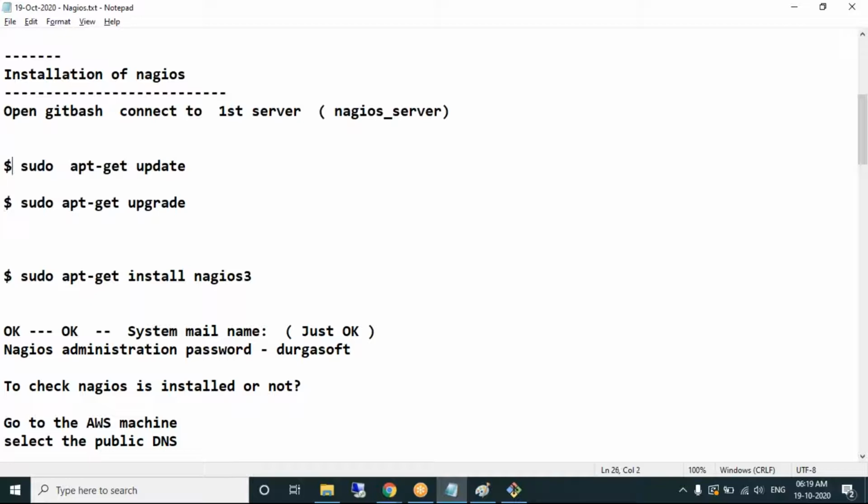The difference is, when we update the APT repository, the existing packages in the repository will be updated from lower versions to higher versions if they are available. That's called updating. Upgrading is when new packages are available, and the new packages will also be added to the APT repository. That's the concept. Okay, I have never done that, so let's do this.